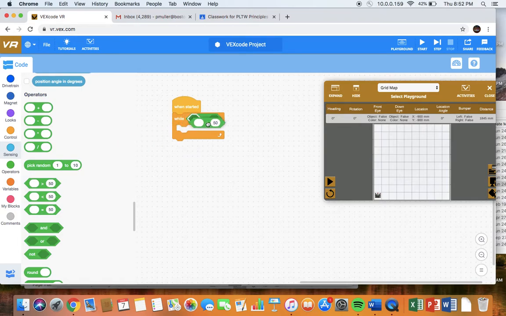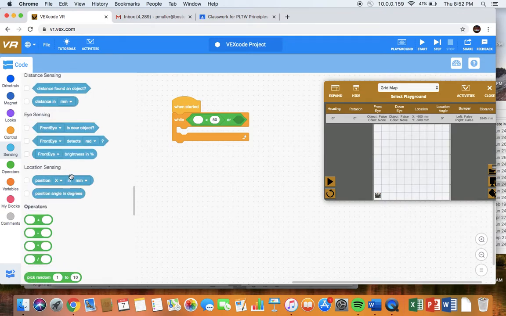You'll notice that that first hexagon is lit up in the OR statement. Okay, so what could go in here? Well, again, we're talking about X, right? So let's see if we can find the position X that the robot's at. You'll notice this has an ellipse shape just like this here in the green function, and so that will fit in there. All right, so now what this part of the condition is doing is that while the X